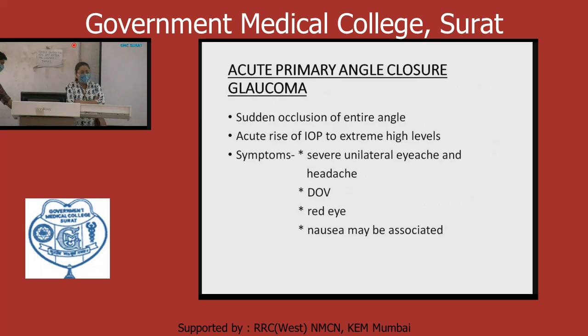Clinically, you can see in this patient's eye there is corneal edema, the anterior chamber is shallow, and the pupil is mid-dilated or semi-dilated, vertically oval, and non-reacting to light. Acute congestive glaucoma and iridocyclitis can be differentiated by the size of the pupil. In iridocyclitis, the pupil will be small, miotic, and in acute congestive glaucoma, the pupil will be dilated. So in the periphery, if you do not have a slit lamp, you can make the diagnosis: pain with miosis is iridocyclitis; pain with mydriasis is acute congestive glaucoma.